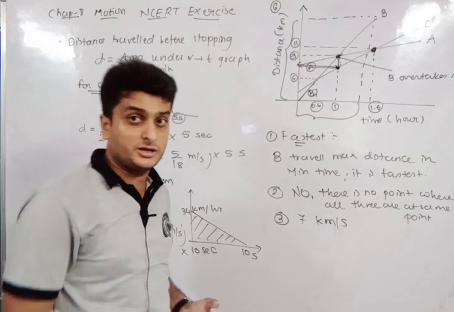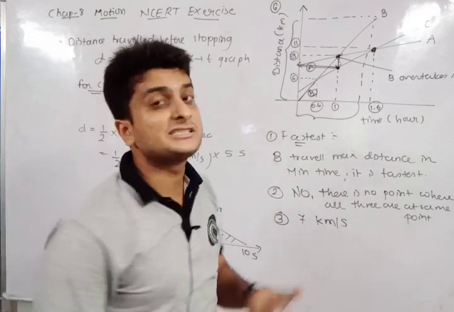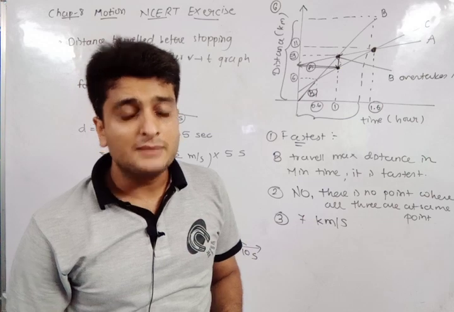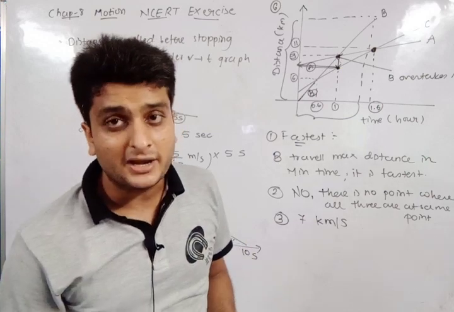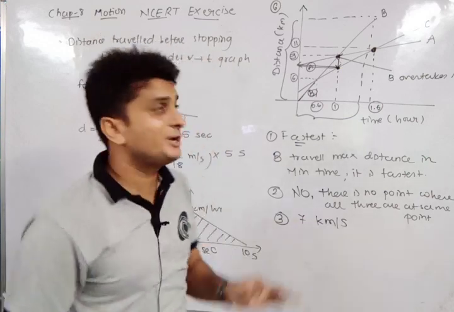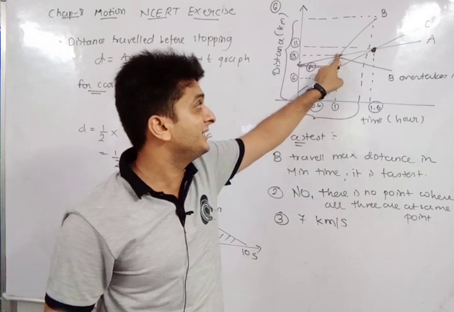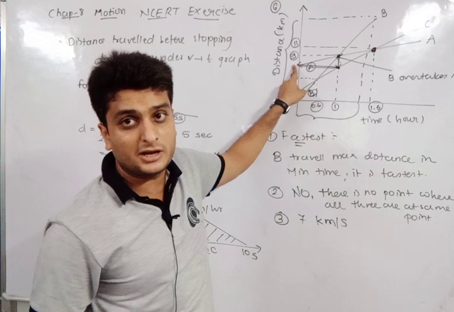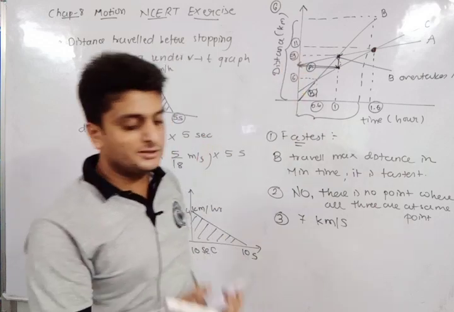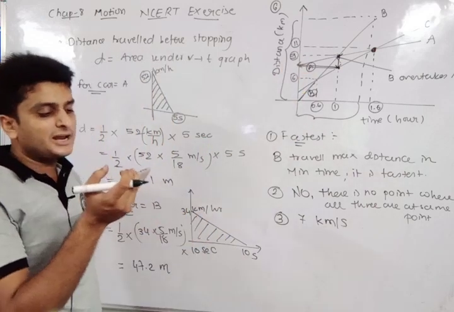ओके सो व्हेन दिस ग्राफ विल बी गिवन टू यू इन द एग्जाम यू जस्ट ट्राई टू अंडरस्टैंड द लॉजिक। I have not plotted the graph at exact scale. Okay, I am just trying to explain you how you will see that when A overtakes B, तो ये देखो A और B का पॉइंट कहाँ पे कॉमन है, ये रहा, वहाँ पे C कहाँ होगा, तो इसके रिलेटेड C का पॉइंट, उसका डिस्टेंस फाइंड कर लो कितना है वो। ओके दिस इज हाउ यू कैन सॉल्व दिस क्वेश्चन।